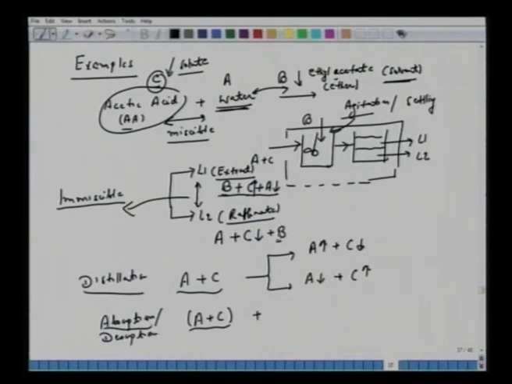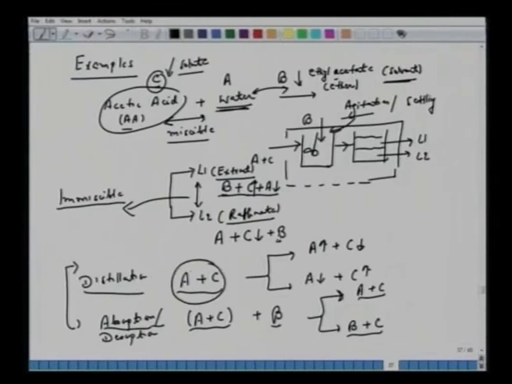If we can find a solvent like steam, as we used in the previous examples for absorptions, then for this A plus C, maybe we add another component B, and then we will have situations like A plus C, but you will also have B plus C. So notice it's not A plus B plus C here. All right. So in this case, because of the limitations of relative volatility or of finding a new type of solvent, we have extractions. It works very nicely for this.